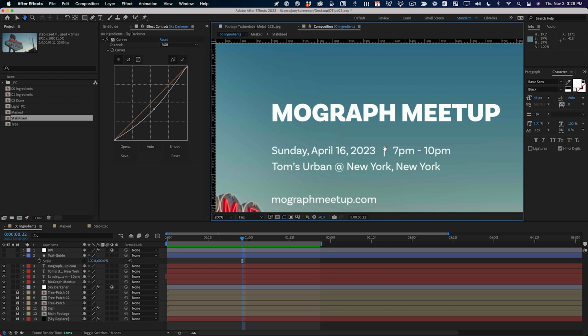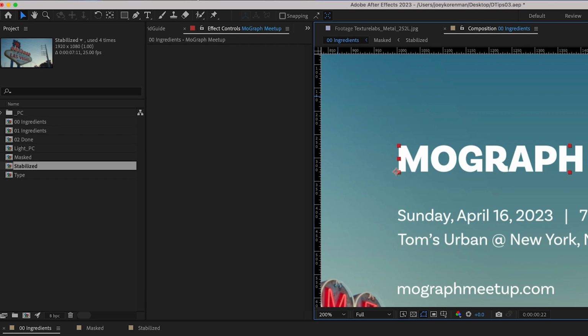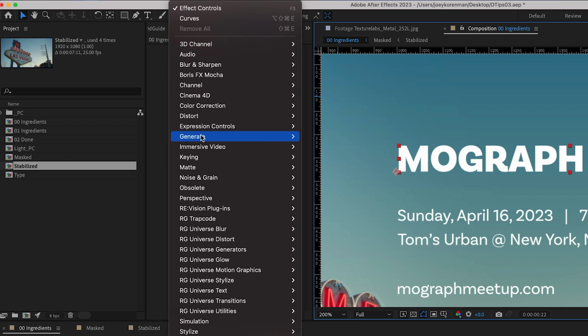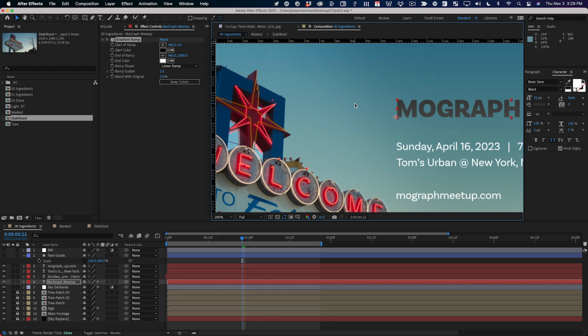So what I'm going to do is zoom in here, and on this type layer, I'm going to add a gradient ramp effect. So that is in Generate, Gradient Ramp. Then I'm going to scoot over here so I can see more of the footage. Now, I think this dark blue would look really nice at the bottom of the type. So for the start color, the color at the top, I'm going to pick this blue color in the sky,